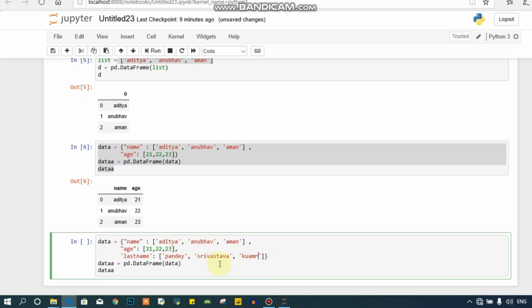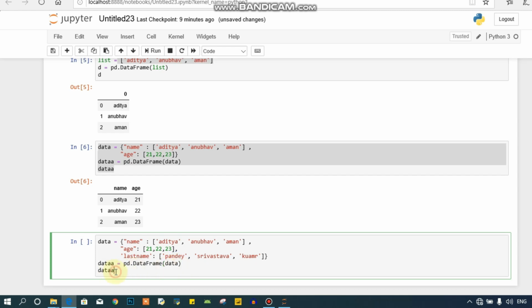Now I only want the name and last name columns. I don't want the age column. So for that, at the time of printing, I'm just going to pass name and last name inside the data.